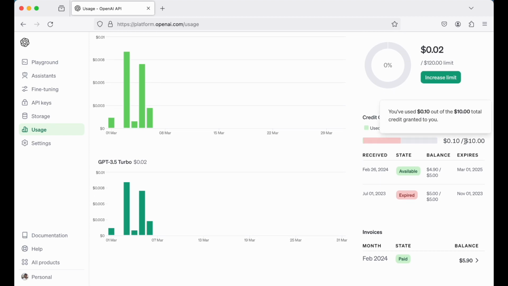So here you would see I have a $10 total limit, and in this $10, $5 are already expired, and of the remaining $5 I have utilized $0.1 already, and I am left with this $4.9 now.